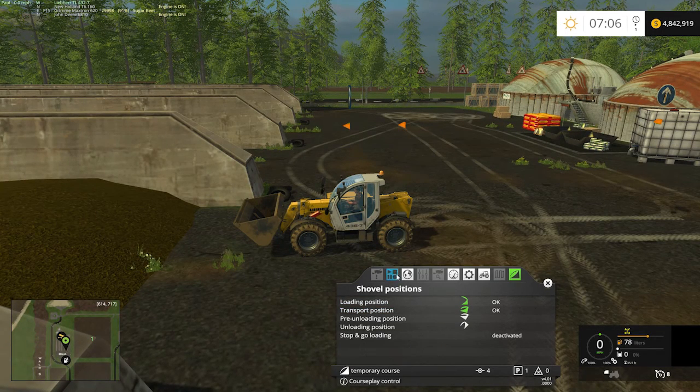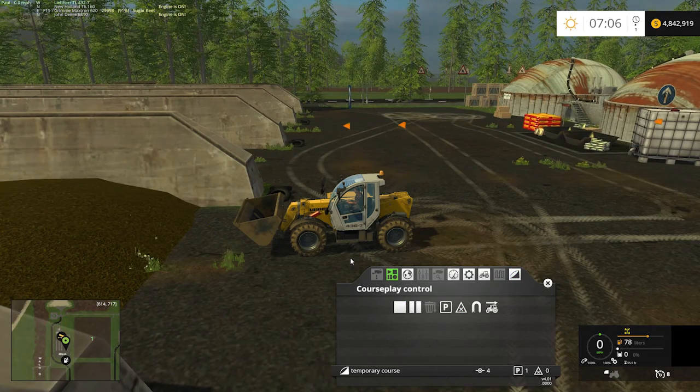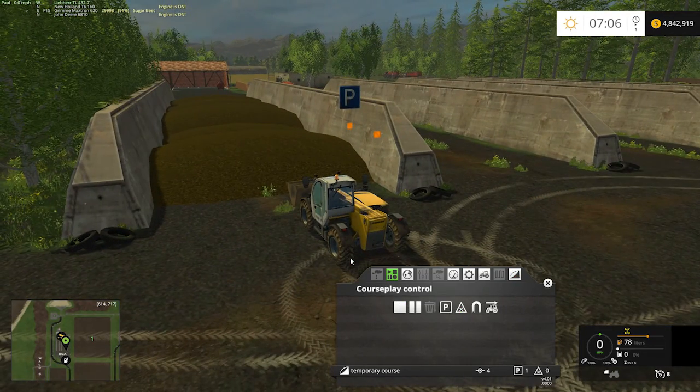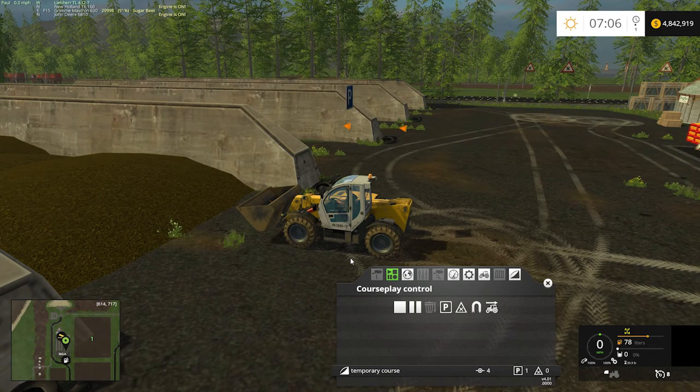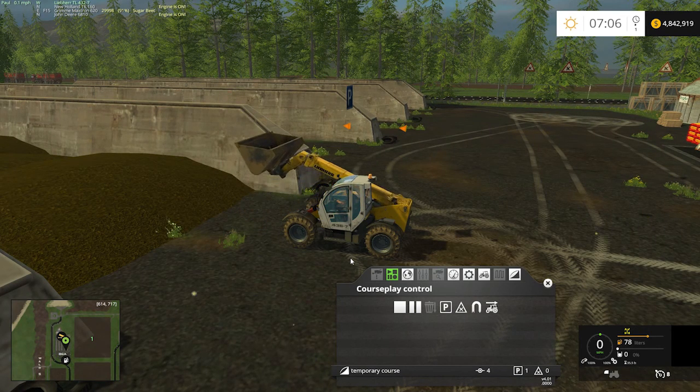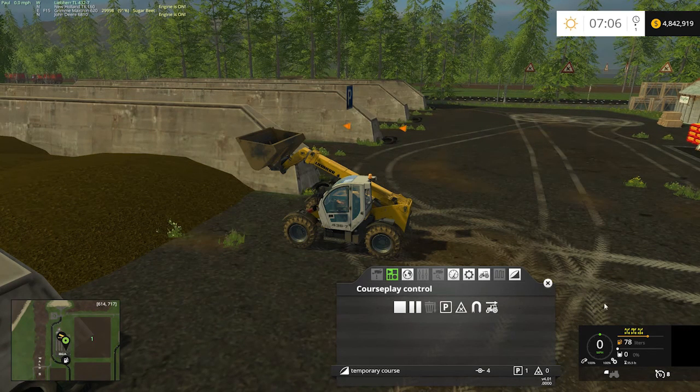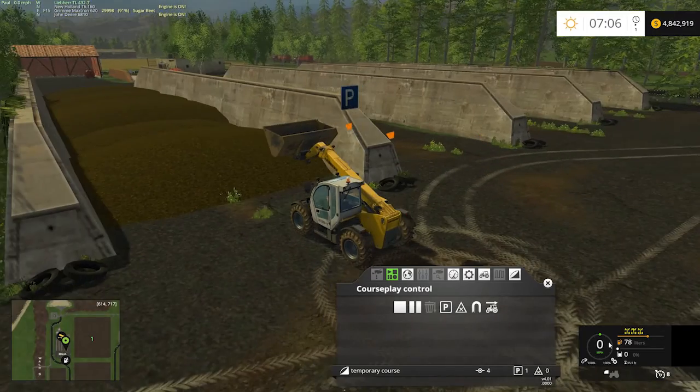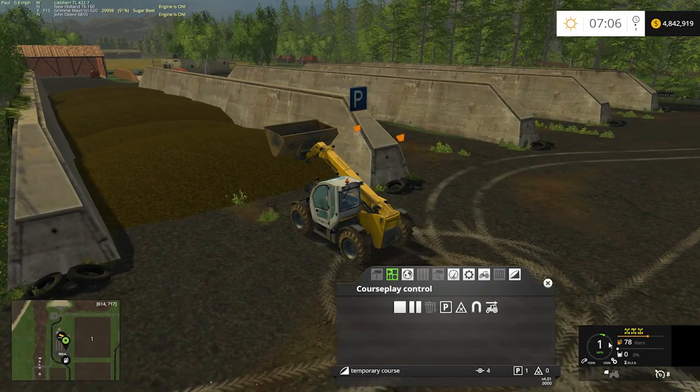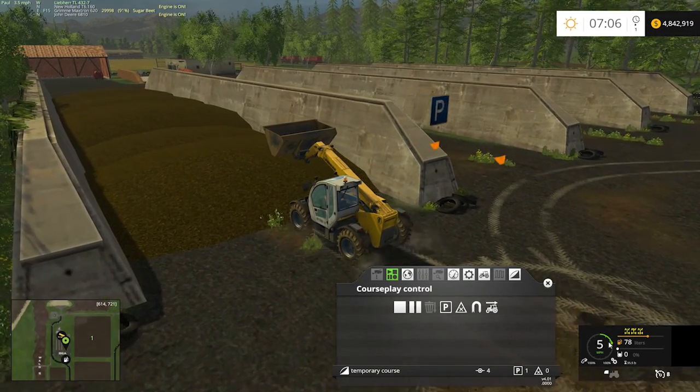I'll go back to my record features, and because we're going to be driving through our bunker, and I don't want my bucket to load up while we're doing that, I'm going to raise my bucket up and get it out of the way. This has no effect on our course recording. It's just convenience to get it out of the way so it doesn't hang up while we're moving through the bunker. If you got drive control on, you got a full bunker like this, you might want to turn on your diff lock so you can get through here with no problem. So we're just going to continue on through the bunker now. Our course will continue to record,